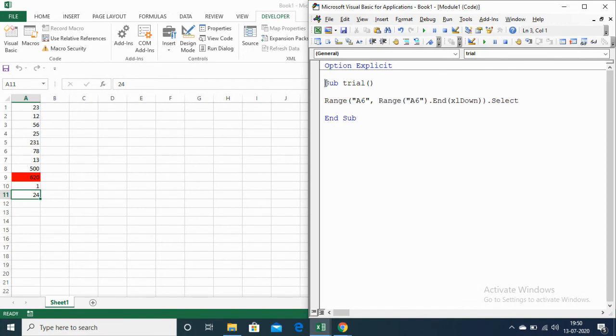Now let me run this code. So only the specific region of the range is selected.